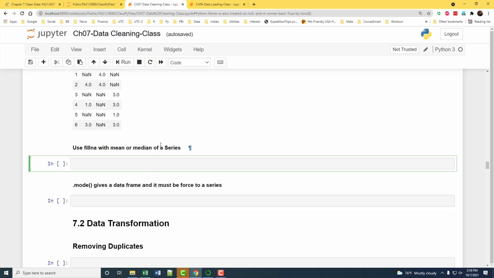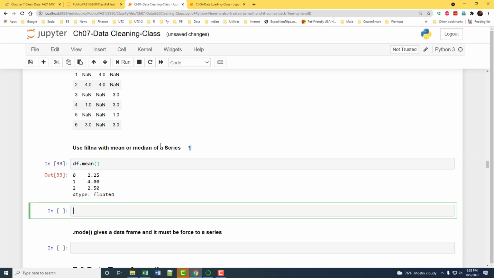So we can find the mean this way. The axis is equal to 0, which means that for each column, it will go through the rows and find the mean. So you'll have one mean for column 0, one for column 1, and one for column 2.